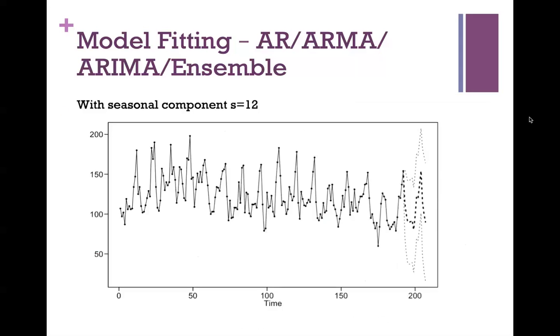So I didn't include the seasonal component S equals 4 in the forecast because it was not accurate, but this is the S equals 12. And for all of these estimations, I removed the last 15 months of data that I had, and I reserved that aside for testing. So this is plotting out the 15 months that I do have data for,